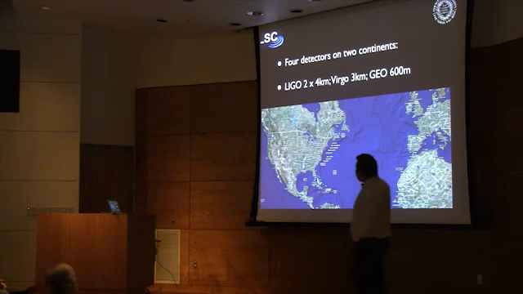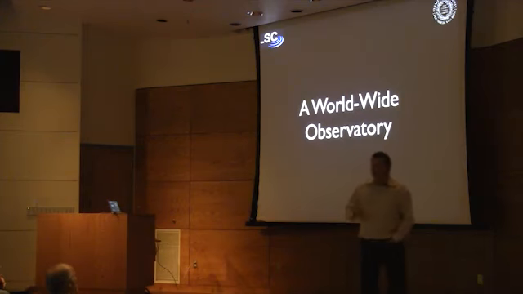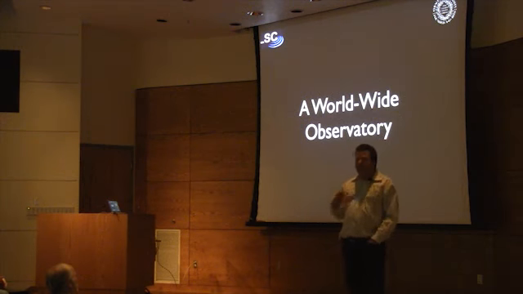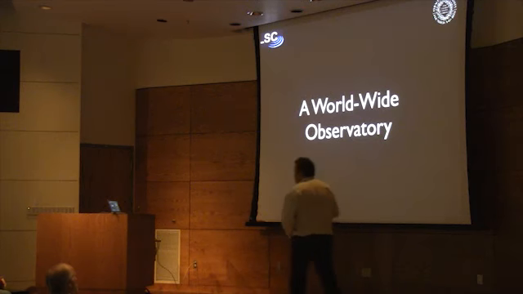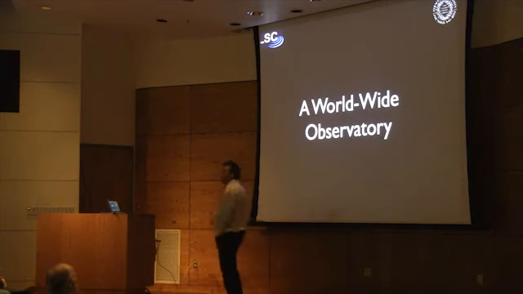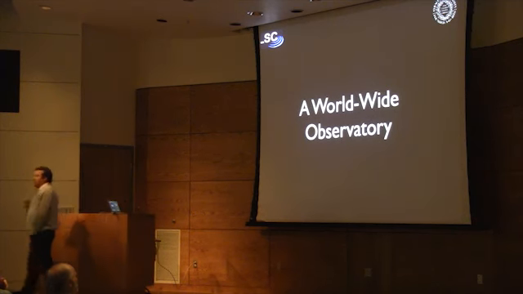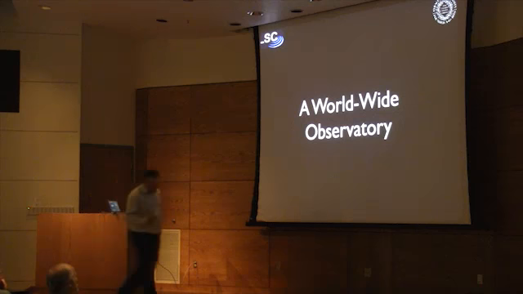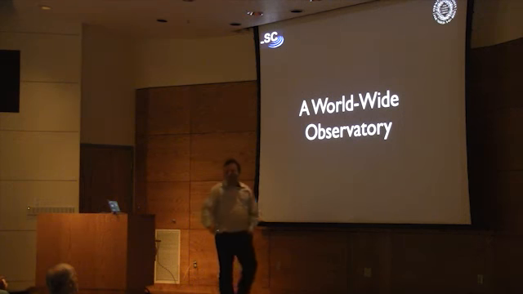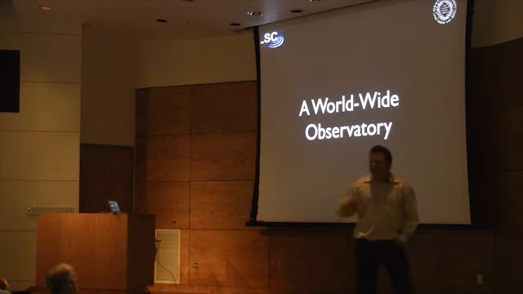But we really have basically a worldwide observatory. We have a worldwide network that's trying to detect these gravitational waves. With a worldwide network of 4 or more detectors, and there may be more detectors coming online. Japan is building a detector right now. They'll come online in a few years. The Australians are talking about collaborating with LIGO to build a detector. With all these observatories, we have a worldwide network that's poised to try and detect gravitational waves and use them